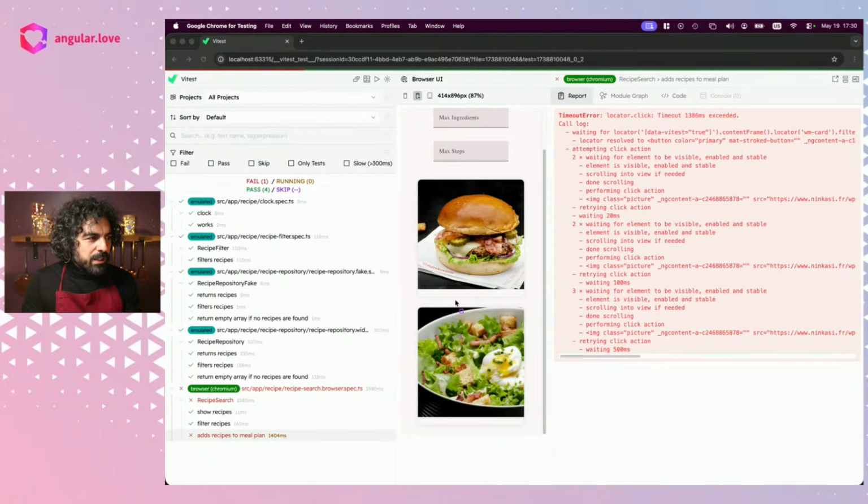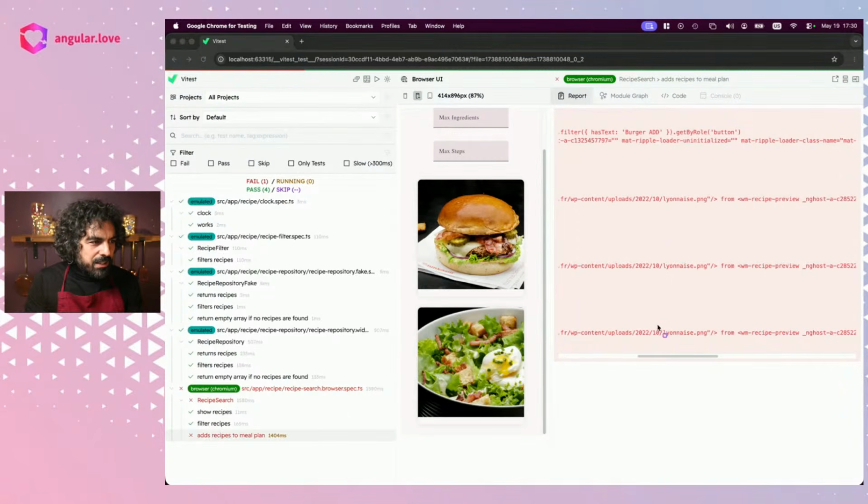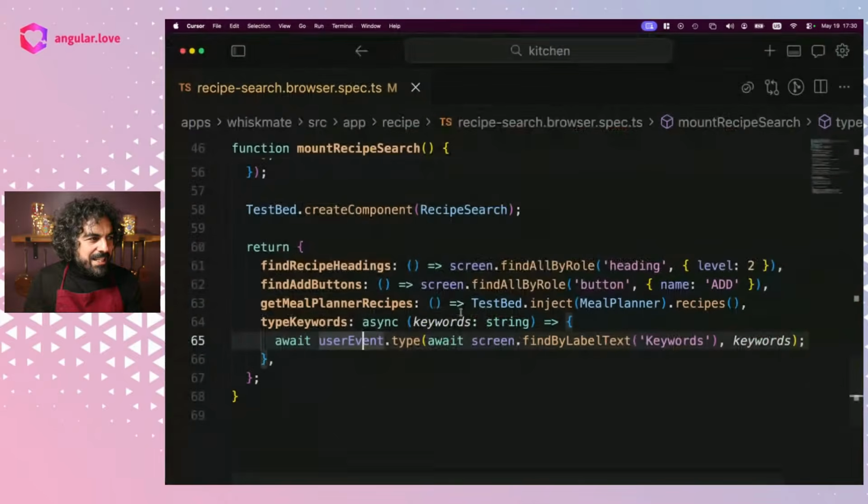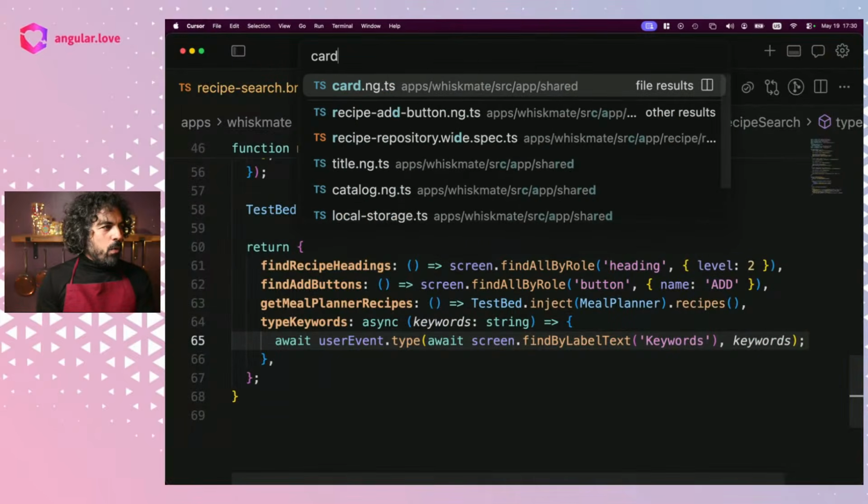Well, actually, because the add button is here. And the picture that's grabbing the click is in salade lyonnaise, which is a kind of salad. This is the salad grabbing the click because the add button is actually cropped here. It should be in the card, and for some reason it's broken. And this happens because someone